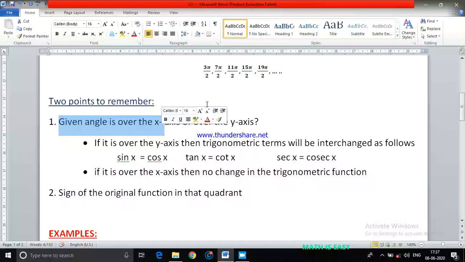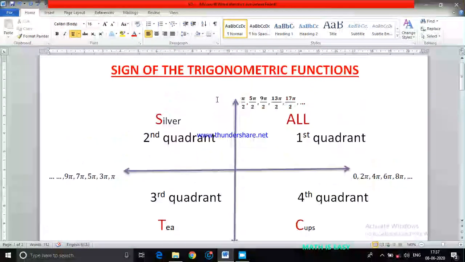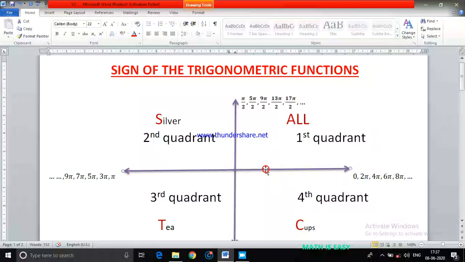Okay, so what do you mean by over the x-axis or over the y-axis? For example, as I said, if I give 150 degrees, 150 degrees means 90 plus 60. So 90 degrees means it starts from here, then it goes 90 degrees here, then it crosses the y-axis and it will stop here. Somewhere 60 degrees means it will come somewhere at an angle here. Am I right? So it is starting from the x-axis, but it crosses only the y-axis, then it stops somewhere here. Then I'll get 150 degrees total.